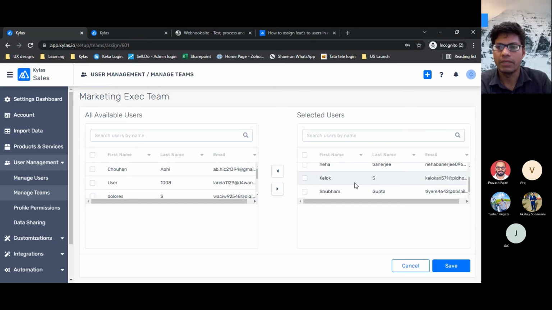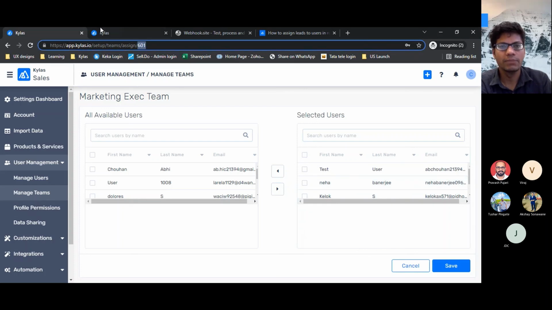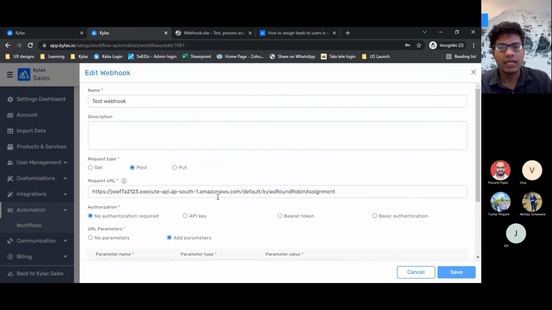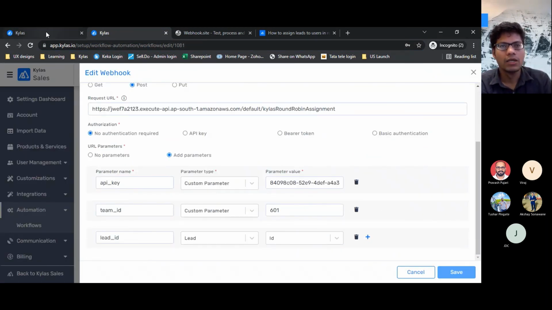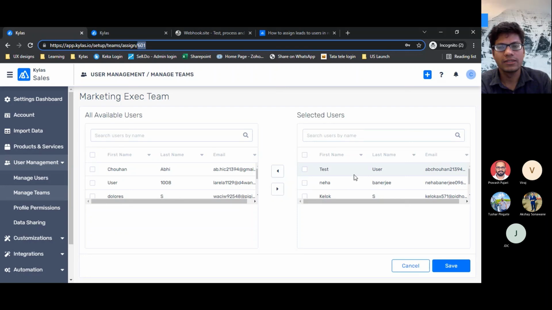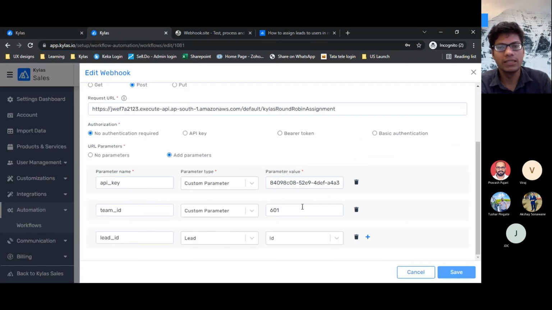So you do not have to put 1, 2, 3, 4 IDs in the workflow. You have to simply put only one ID with a parameter called team underscore ID, and our system will automatically pick up all the user IDs that are available in this particular team, and it will keep routing the leads to all those users who belong to that team in a round robin fashion.